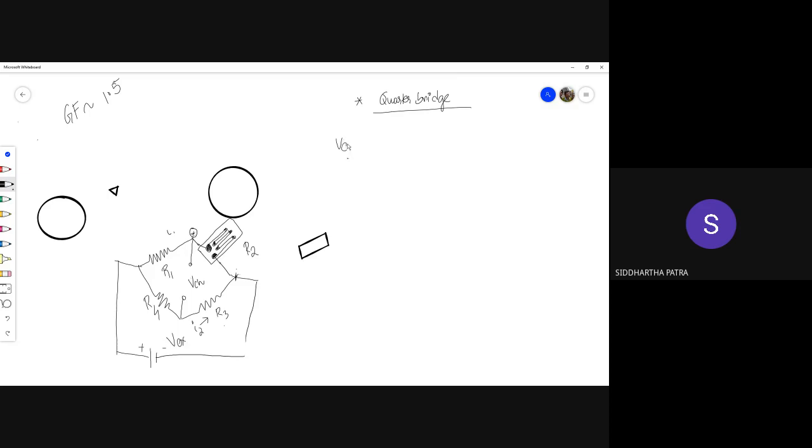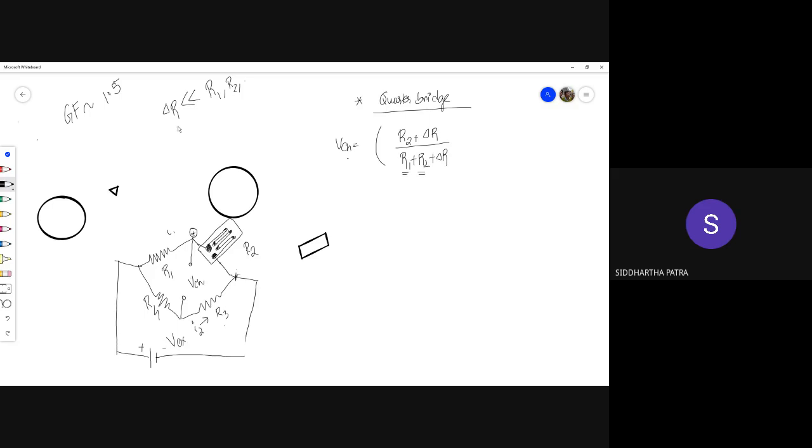So let's look at the expression for V change. Now it is no longer R2, but R2 plus delta R. Over here, it is R1 plus R2 plus delta R. Now, if delta R appears in the final expression along with R1 or R2 or anything, we would simply use that it is much smaller compared to any of the resistances.